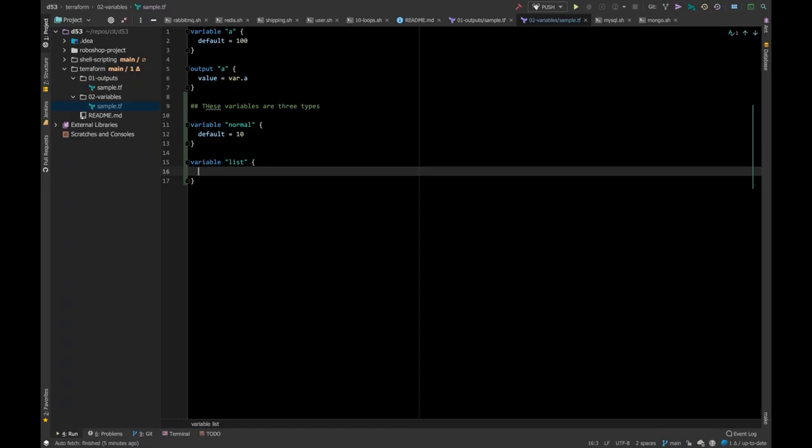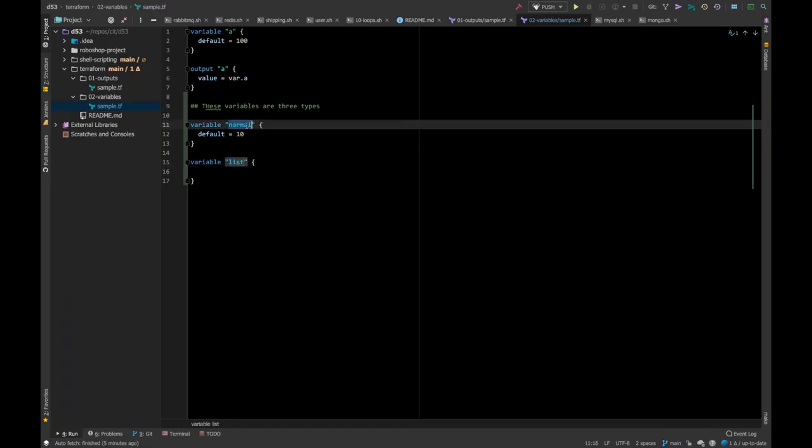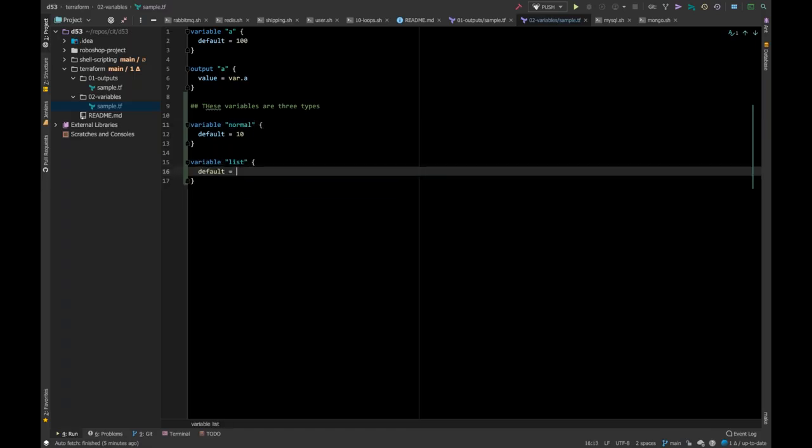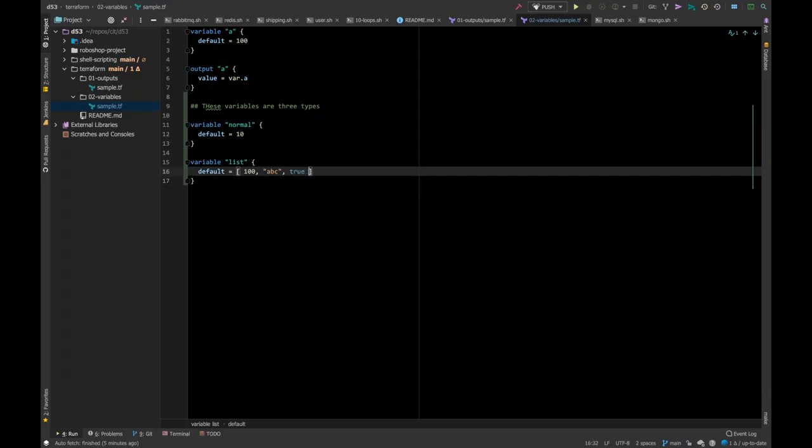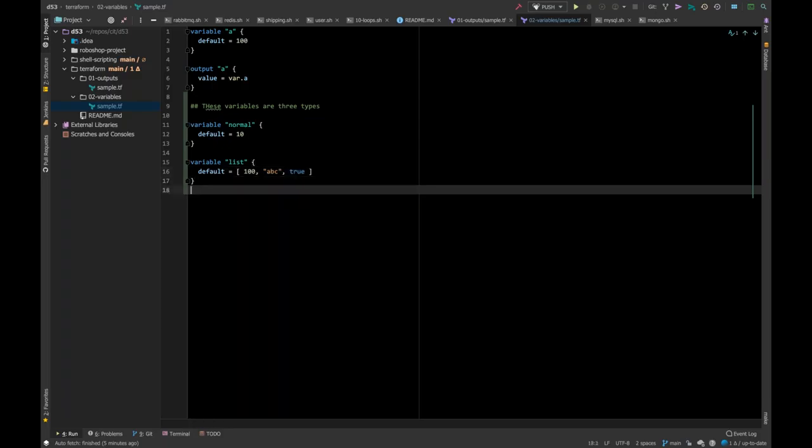Okay, list is something, I mean this name can be anything, so I'm just giving a list. It is nothing but default is equal to, you're going to write multiple values, so 100 comma, okay, so ABC. And then also you can give true. So now what I want to tell you here is, in one list variable,